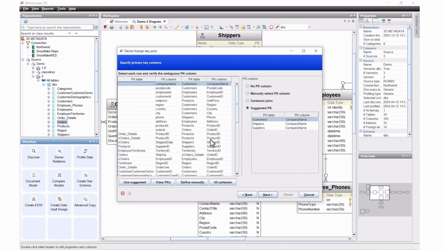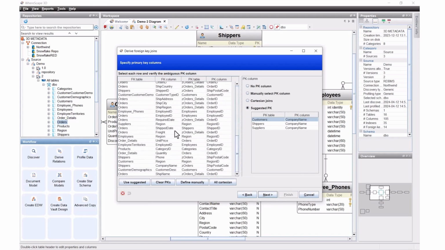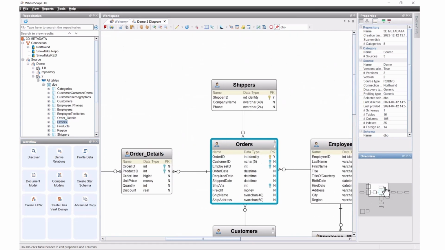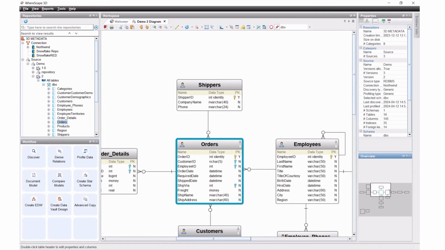Now, I'm not going to accept any of these, but I certainly could go through and look at all these relationships, foreign key, primary key relationships, and accept any of them as I can. As I said, it's important that you define your source system well, because this is going to drive a lot of the follow-on work. And what we'll do next is we will assign attributes to all of these column types, and that will also further help with the automation.